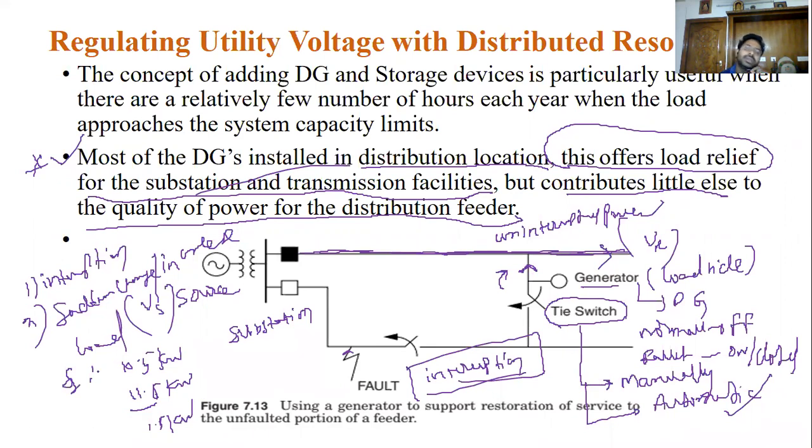That way it can also be helpful for improving the voltage regulation. You know that whenever there is a sudden increase in the load, there is a sudden fall of the voltage that leads to an increase of the percentage voltage regulation. That leads to a dramatic change of this Z value, that is nothing but R plus jXL. This is the use of distributed generators to improve the voltage regulation.